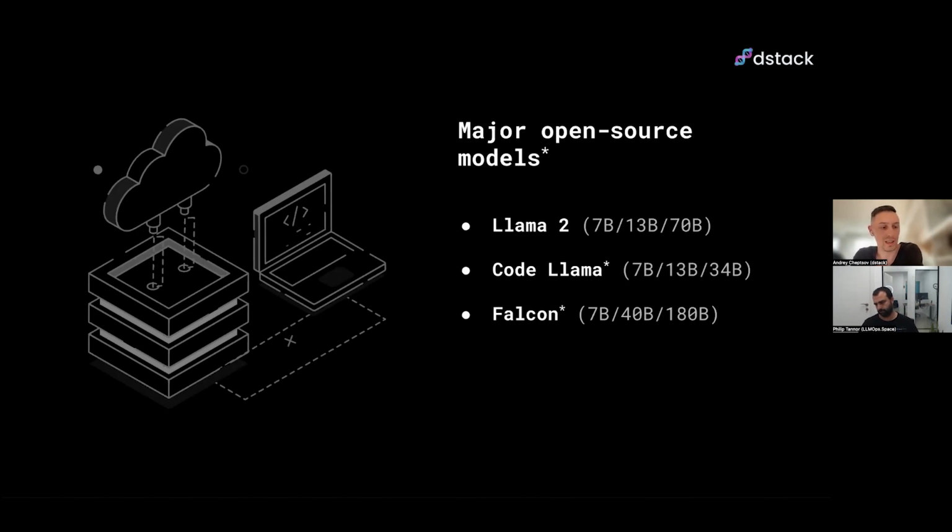Also, there is a Python flavor, which basically means that it was fine-tuned on Python code, and it is better than the base model. And the last thing to mention about why Code Llama is so important: just like Llama 2, this model has quite impressive performance, and it's very customizable, which means that you can build on top of that model.